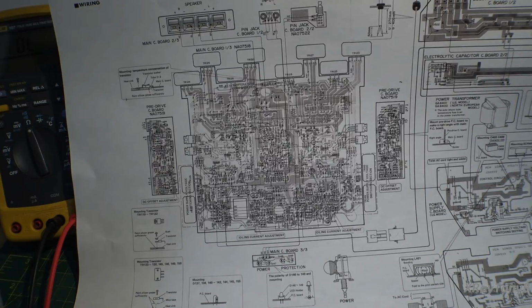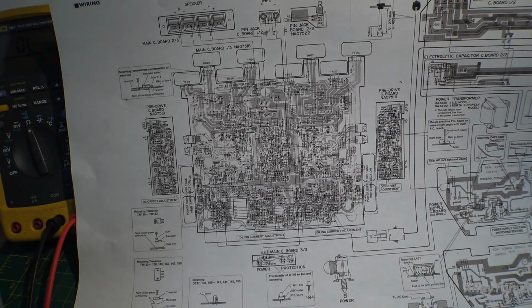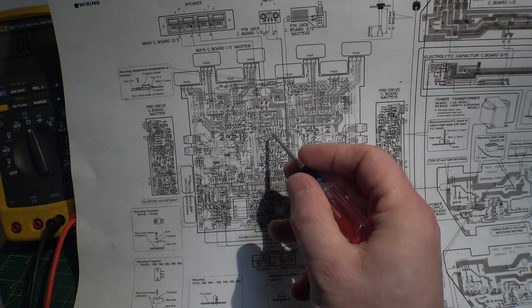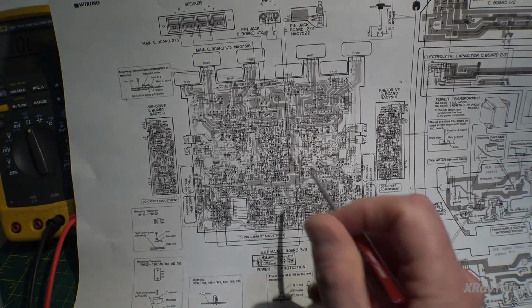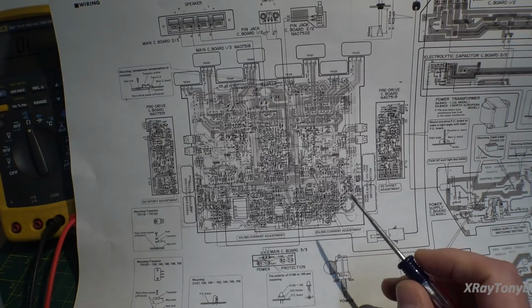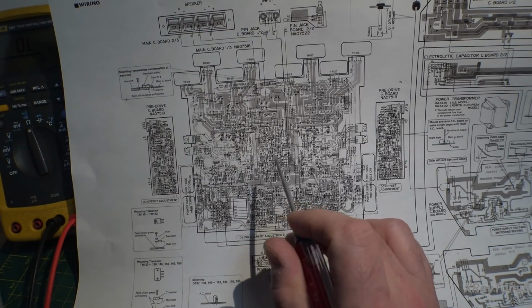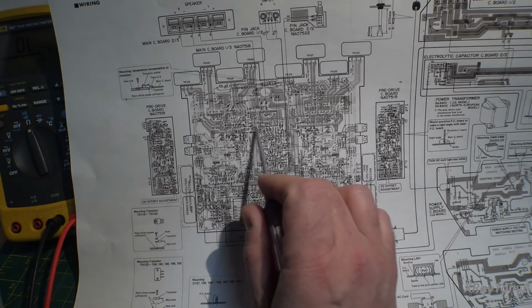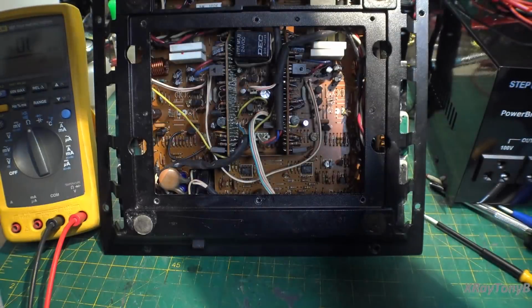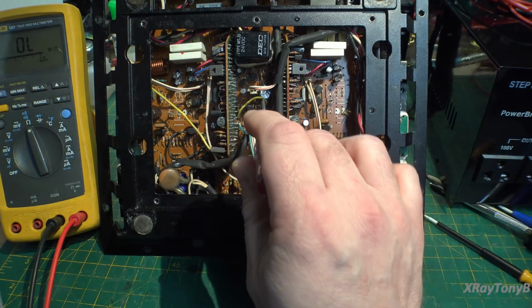So you have to be really careful. And to make matters worse, the circuit board really doesn't have very good screening on it, so it doesn't really show you the component numbers on the board. So you have to go with these things, which, when you wear progressive lenses on your glasses and everything, looking at these tiny little things is not always the easiest thing on earth. I'm sure some of you can relate to that. But to find something, you kind of have to locate it on this map. Then you have to go over to here and try to find it, and then go ahead and test the